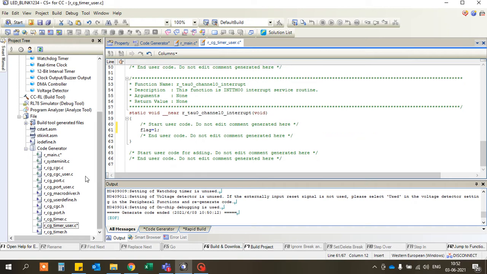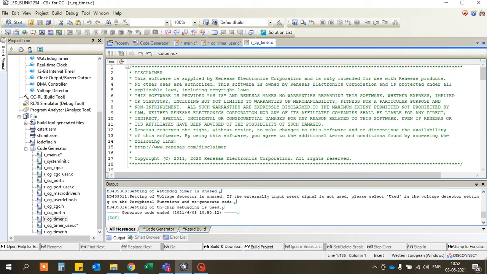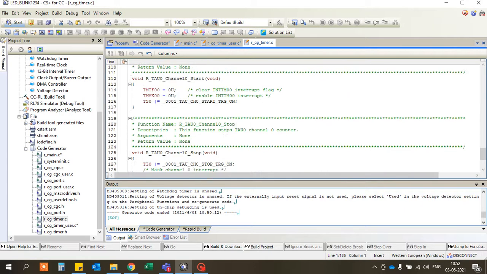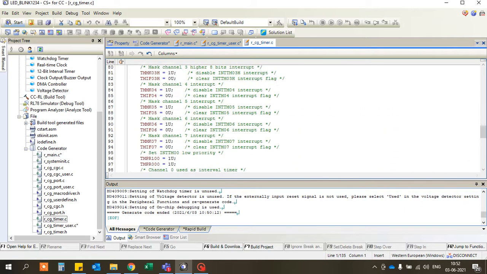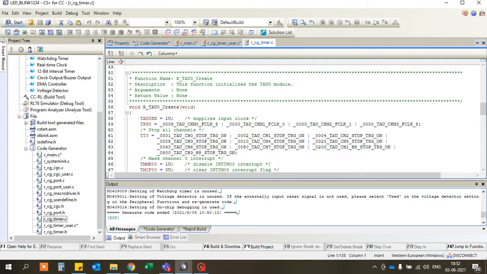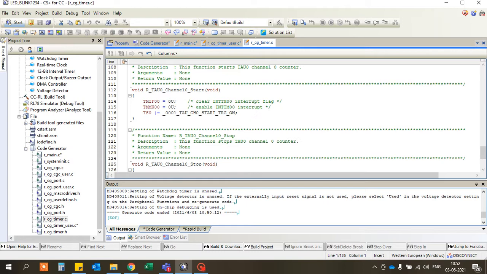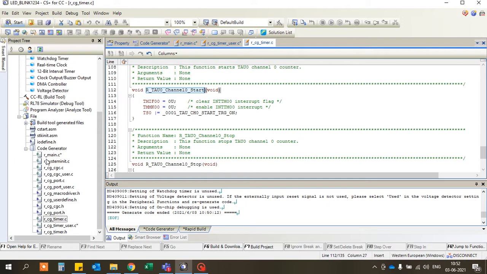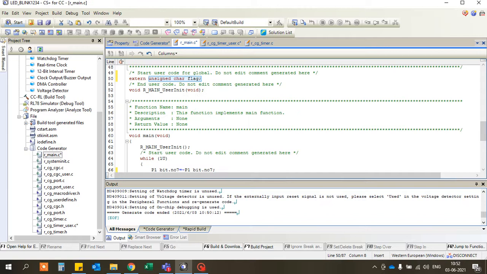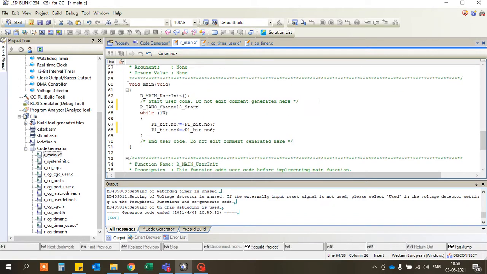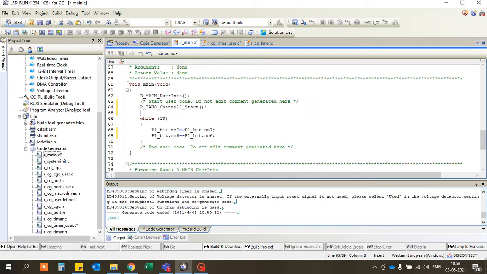Now we have to start the timer, so go into this timer.c file. Some functions are already there when you create a project, that is create, and you have to start. Just select this, copy, and come into your main file, paste it here and call this function.